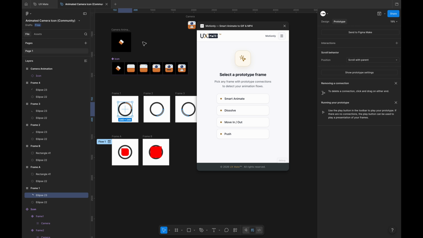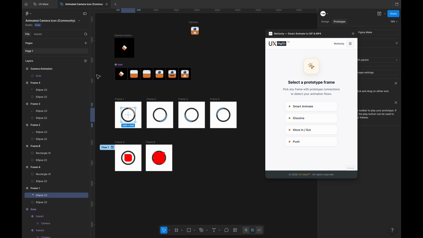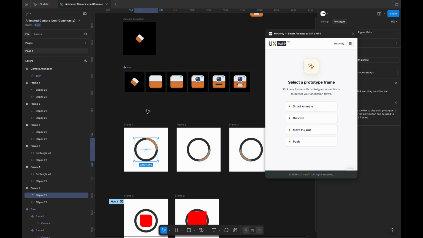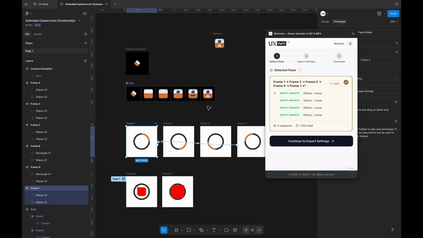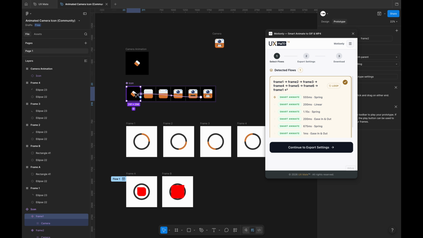And so let's see how we can export these animations. Now, to use this plugin, there are two different ways of animation in Figma. Either we create a component or we create a simple frame animation. In case of components, if we use those components in any parent frame, then it would create an extra frame and animation. So what I would suggest in those cases, just go to your parent component, select the first